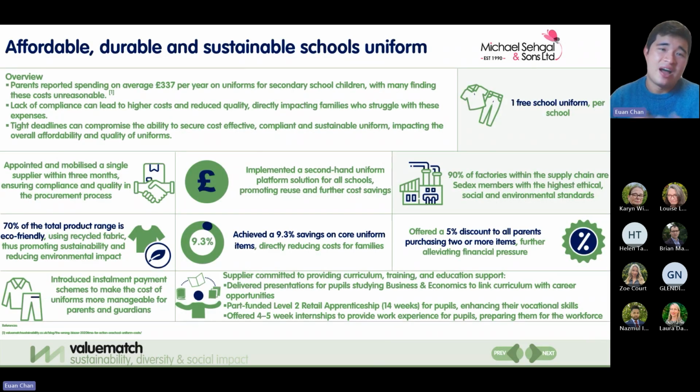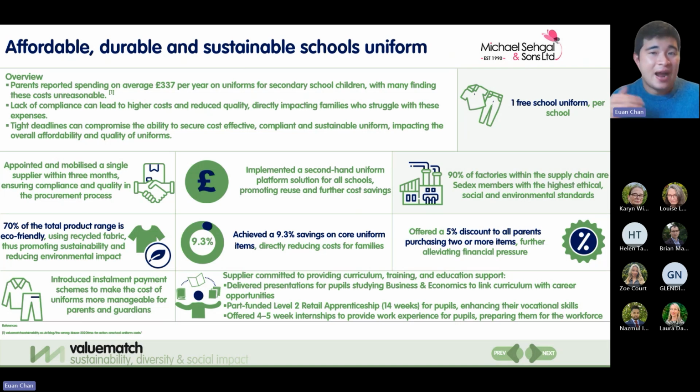In terms of case studies of how we've delivered social value through suppliers and schools in the past, one example is through doing procurement for school uniforms. We were able to implement a secondhand uniform scheme, which essentially means parents that may struggle financially with buying new school uniforms can go through a more sustainable and affordable option.